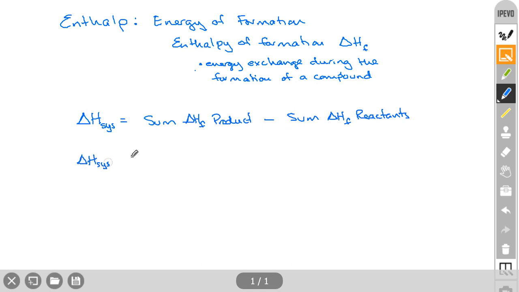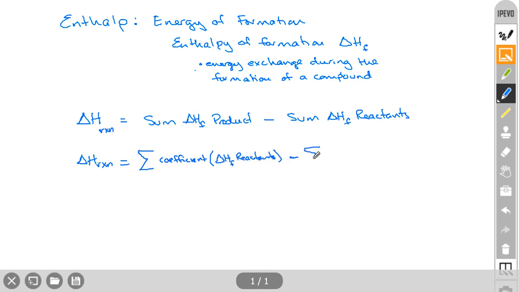Delta H of the reaction. So not the system, sorry, let's write this as reaction. So this should be Rxn. Okay? So it's Rxn for reaction. It's equal to sigma, which is the sum of the coefficient multiplied the delta H of formation of the reactants. Okay, reactants